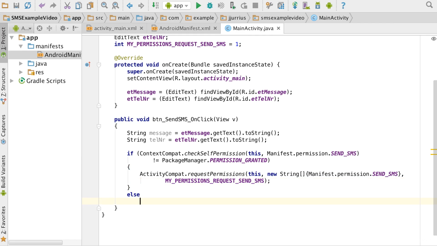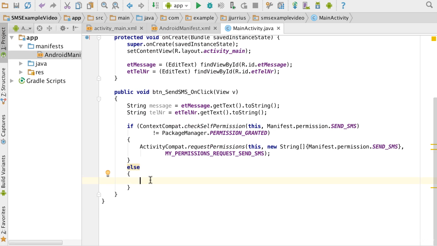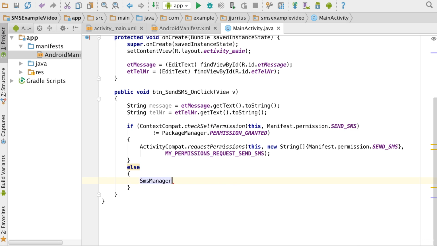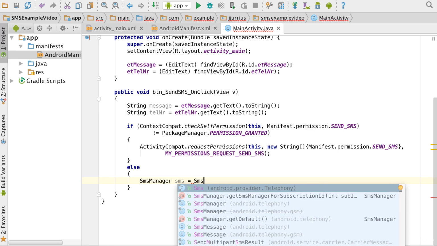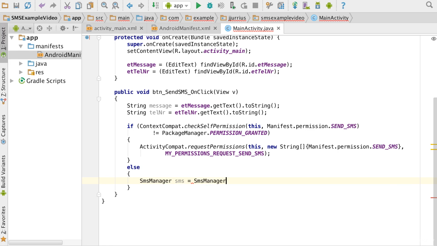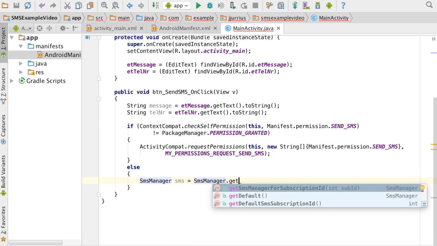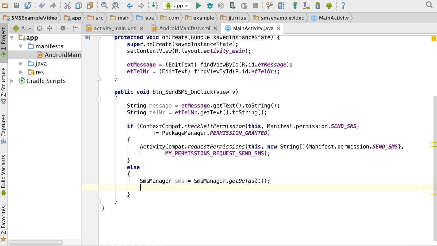So then the else part there will be if the permission is granted. So that's where we want to actually send out the SMS. So then we're going to say SmsManager. Let's say SMS equals SmsManager dot get default. So it basically gets the default SMS manager of this specific application, and then we're going to say